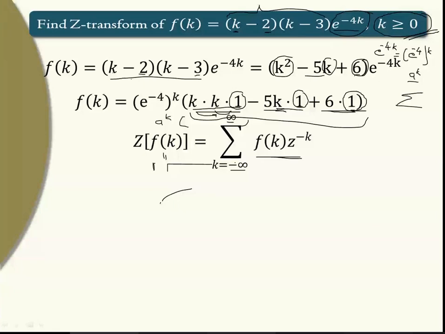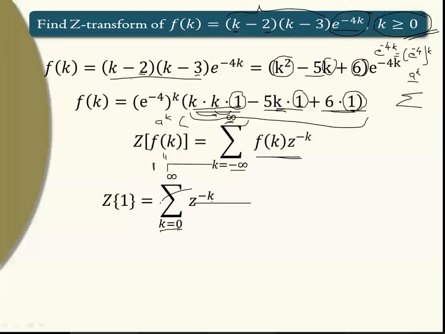So the summation over the interval minus infinity to infinity, we can take from 0 to infinity. And the function is 1. So the Z transform of 1, taking f of k as 1, is summation 0 to infinity z raised to minus k. f of k is 1, so 1 into z raised to minus k becomes just z raised to minus k. Now what to do? To solve this summation, put the values of k into it. Put k equal to 0, k equal to 1, k equal to 2, like that.